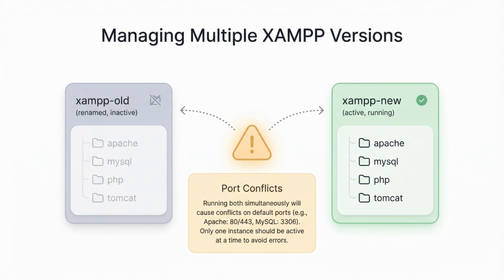A student asks about running 2 versions of XAMPP on the same machine. The instructor strongly advises against it. The reason is port conflicts. Both versions try to use the same port, and that causes problems across all your projects. The recommended approach is to rename your old XAMPP folder to something like XAMPP Old and install the new version